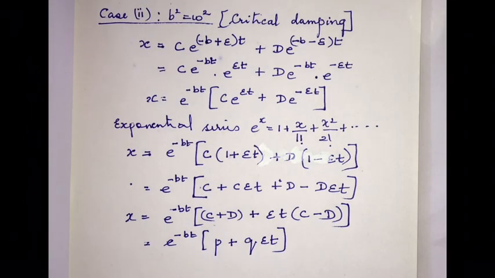The best practical application for critical damping is the shock absorbers in the vehicle. If you have observed the shock absorbers in the vehicle, once the vehicle comes across a bump or a pothole in the road, the vehicle will come to its equilibrium position once it passes the bump or the pothole without further undergoing oscillations. The best example we can give for critical damping is the spring which is there in the shock absorber of the vehicle.